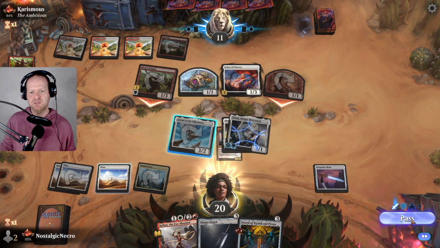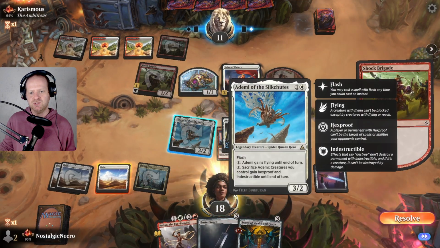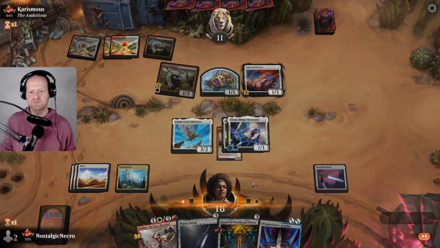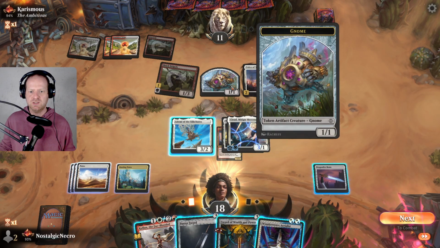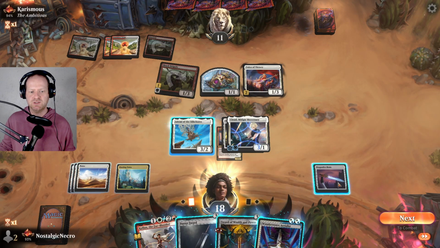One mobilizes here. This just gives hexproof as well, so that gets around these Sheltered by Ghosts. Okay, so they could double block Cloud if it only has 2 power. So this gives it